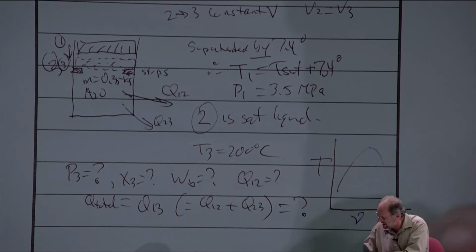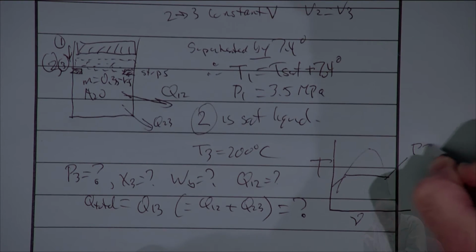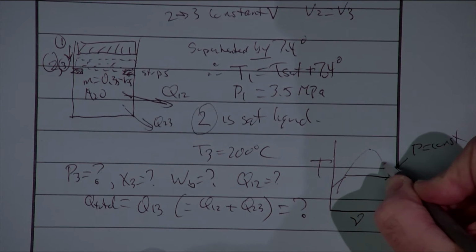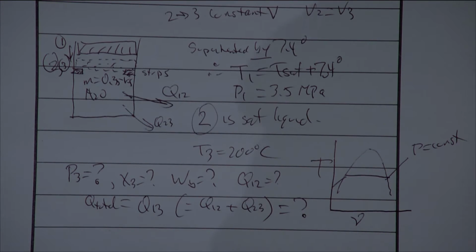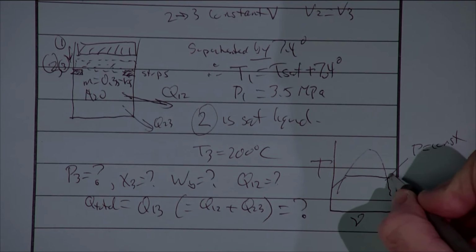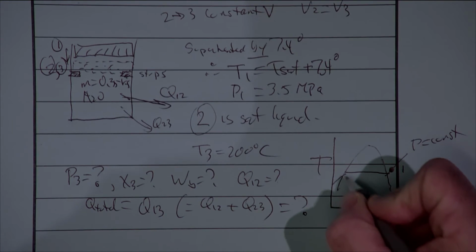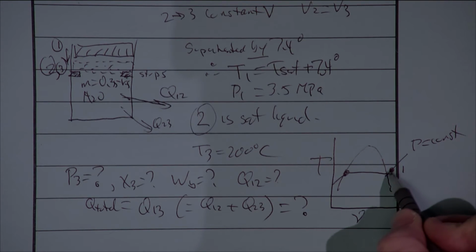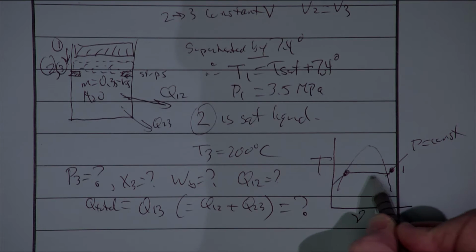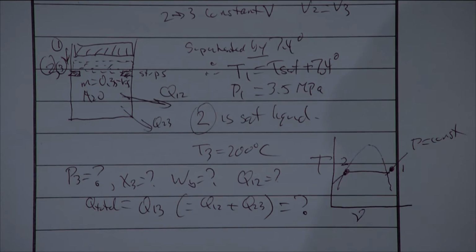There's my saturation line, and there's a constant pressure line. All right, so we know that we start as a superheated vapor. It's not that superheated, only 7 degrees above saturation, so it's going to be pretty close to the saturated vapor line. It says that point 2 is when it hits the stops, and it's all saturated liquid. So it's a constant pressure process, so we're going to follow the constant pressure line down to the saturated vapor line, all the way over until we finally get to the saturated liquid line, so there's state point 2.